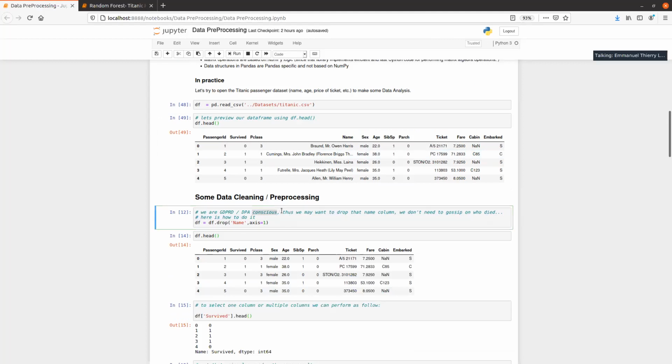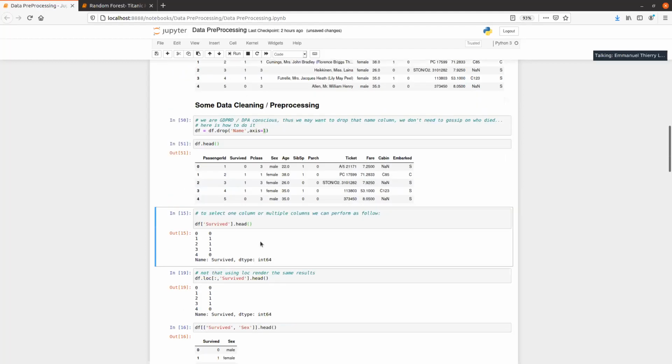Thus, we want to drop that name column. It's really easy in Pandas to do it. Just do df.drop with the column name on axis 1. Axis 1 is the column axis and axis 0 is the row axis. We just do that, and as you can see, the column is dropped.